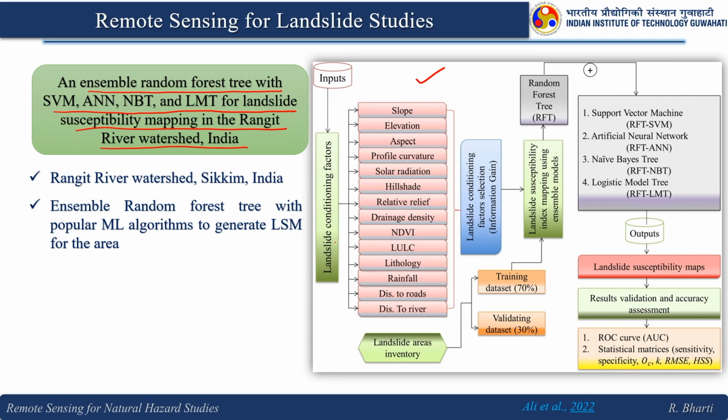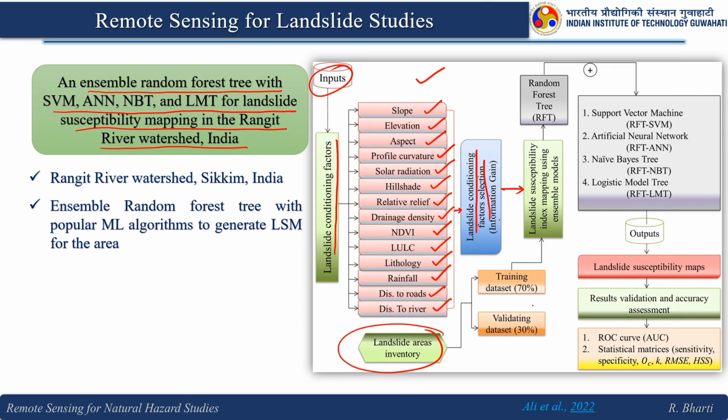So, here you can see these are the landslide conditioning factors. So, that is your input: slope, elevation, aspect, profile curvature, solar radiation, hillside, relative relief, drainage density, NDVI, LULC, lithology, rainfall, then distance to road, distance to river, that is being used. Then landslide inventory, and these are used together for the landslide conditioning factors selection, and this is going into the